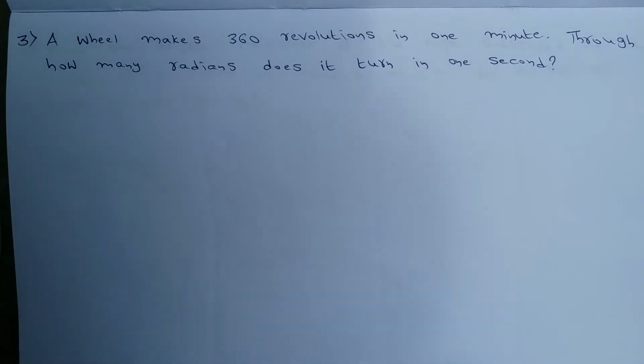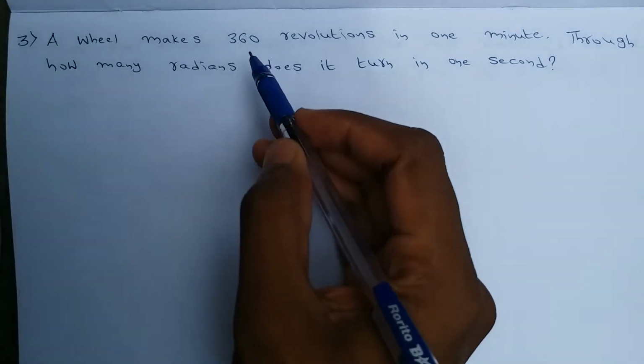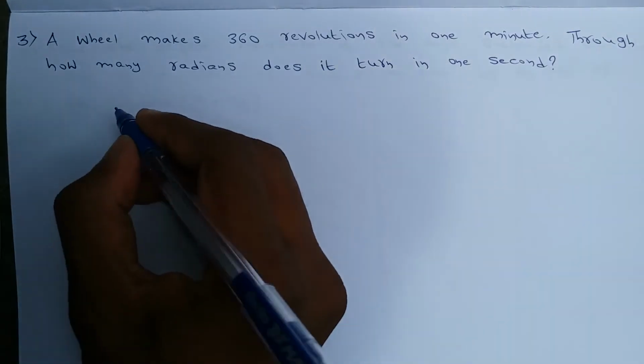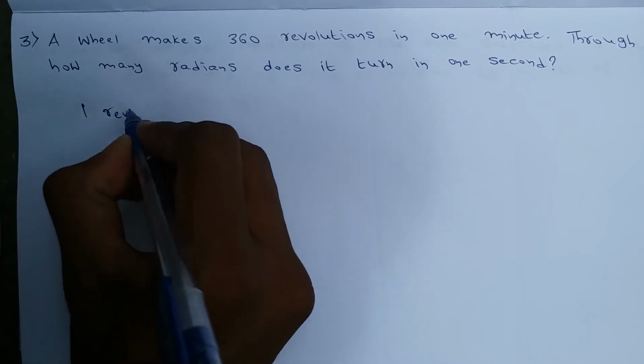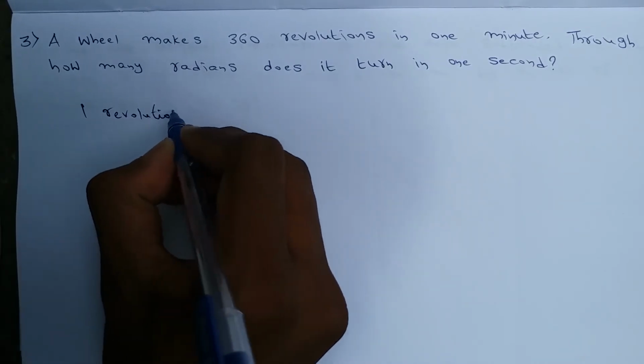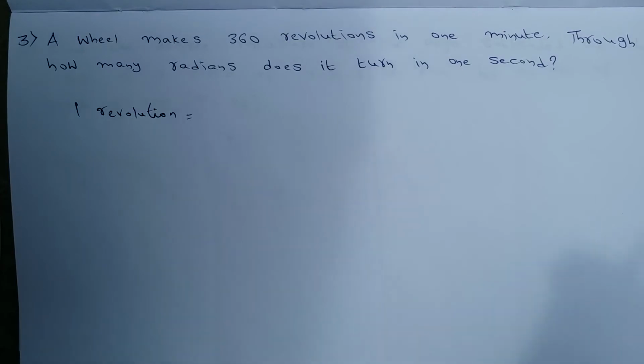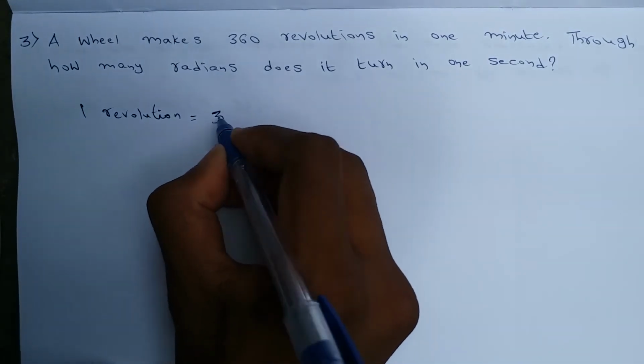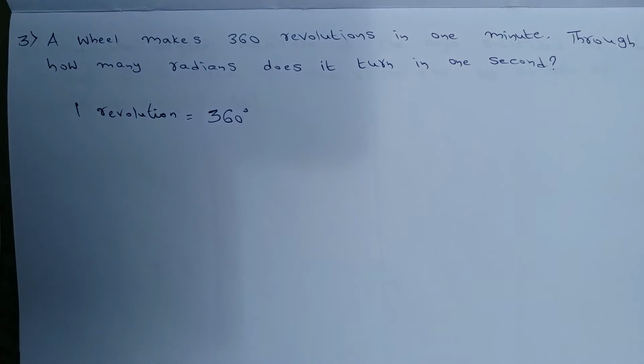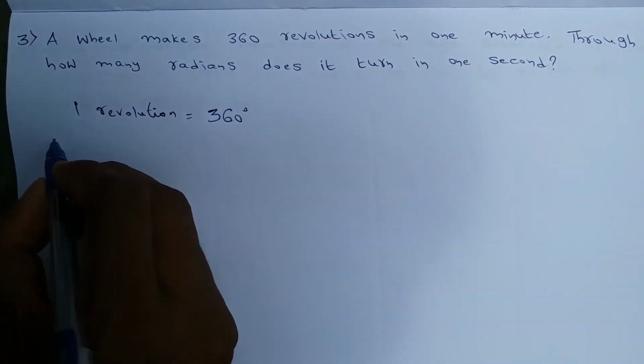Okay, the next question is: a wheel makes 360 revolutions in 1 minute. Through how many radians does it turn in 1 second? He said clearly 360 revolutions. For one revolution, how many degrees is it making? One revolution is nothing but a complete rotation. So 360 degrees. One revolution means it is making 360 degrees. Then 360 revolutions,